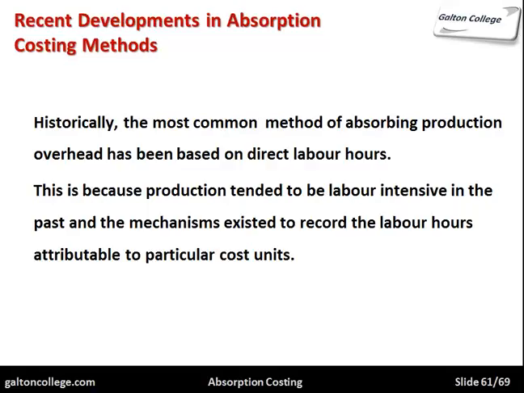Now it's much more difficult to work out absorption costs because there are fewer workers and more machines, and the machines are becoming more sophisticated. There's computer-aided manufacturing techniques and computer-aided machining. So direct labour hours may not be a good basis for apportioning costs, simply because what is the productivity of the person? Is it the productivity of the person or the